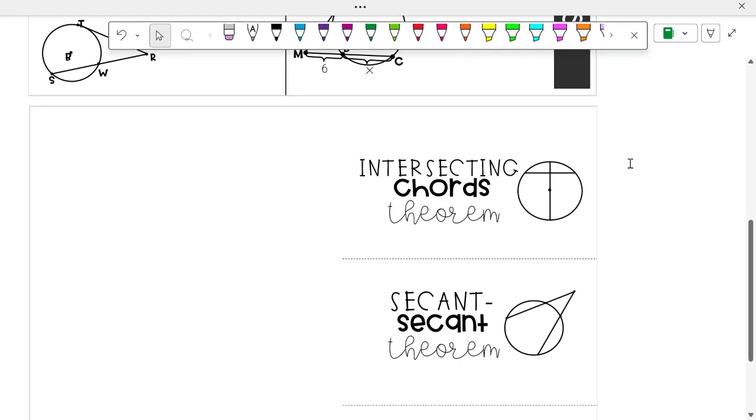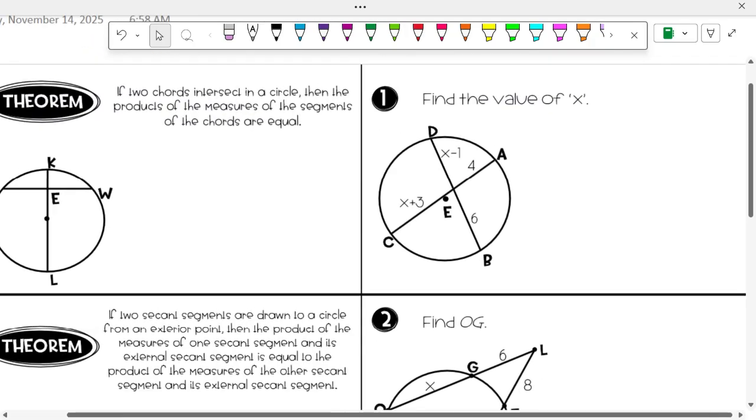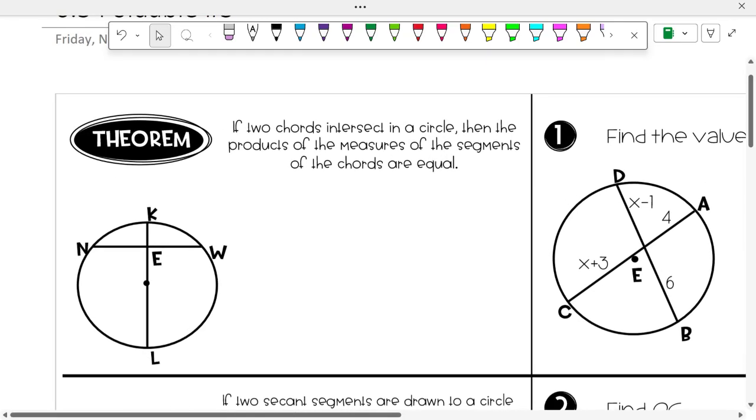So the first one we have is intersecting chords. Can someone remind me what a chord is? So what makes a chord a chord? Right. So it's a segment in the circle. Both endpoints are on the circle. All right. So